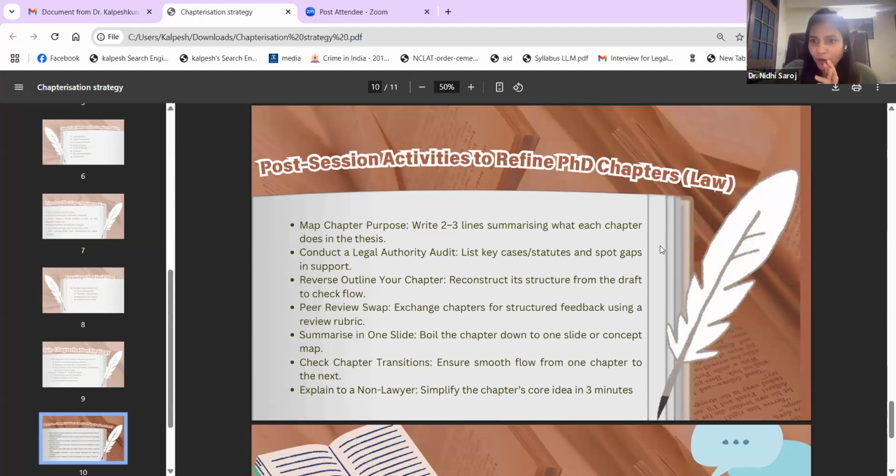I don't know whether you are going to participate now, but these are some of the activities which I did for my thesis, and it really worked. So, first time, what I did was when I prepared my chapterization, it was not just a chapterization. I wrote 2-3 lines about every chapter so that I understand whether chapter 2 I have written should be in the second place or should be in the third place. Then you get a logical flow.